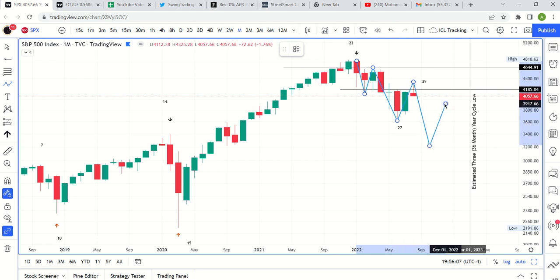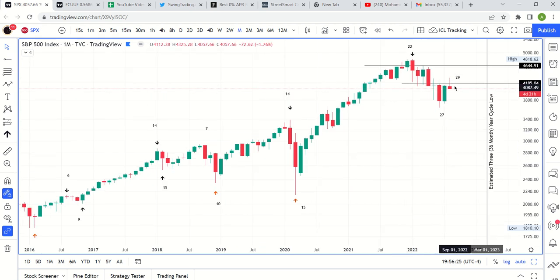assuming here, that's one potential path we can take down into the 3-year cycle low on a monthly level. And it's just crazy. This was such a bullish candle. It was nice, bright green, and now it's really sort of transformed. And that's why I still kept this at month 29, because month 27 is still a potential low. We could get a violent reversal next week. Who knows? We'll see. It looks like the odds for that are low,